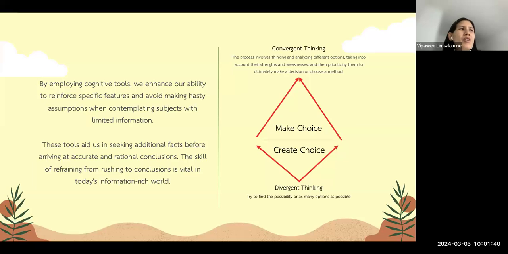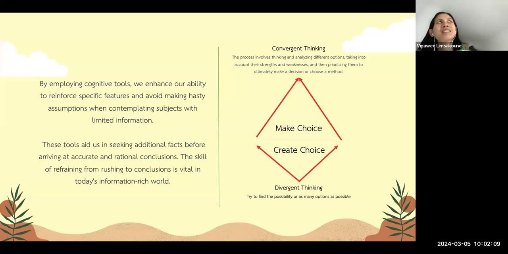The skill of refraining from jumping to conclusions is really important, especially nowadays in an information-rich world. On the right here, I would like you to look at the bottom first. At the bottom part, we call it create choice, or the more academic word is divergent thinking.